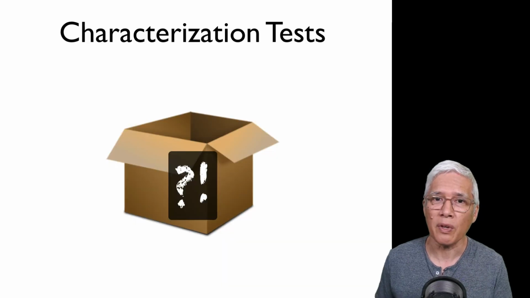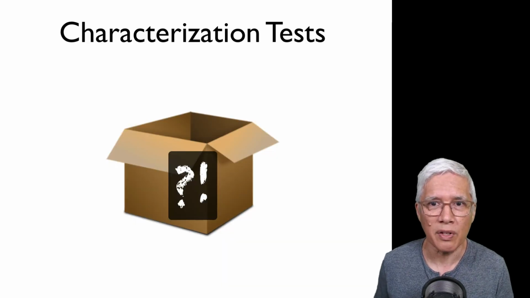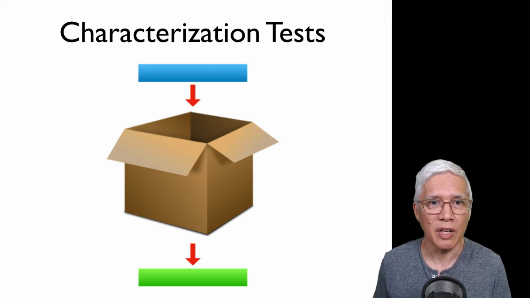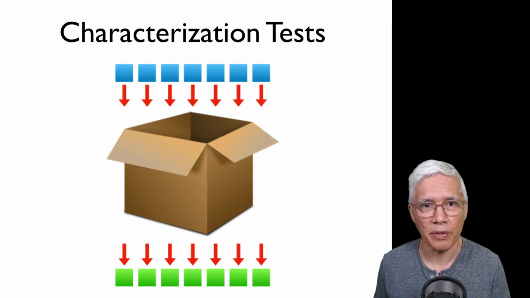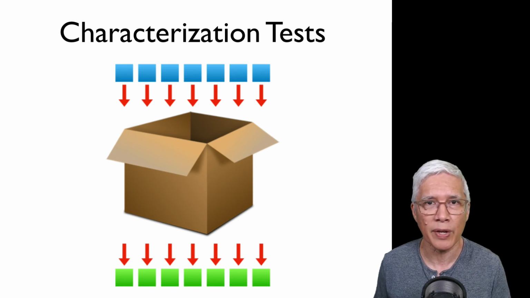So to review, you have a section of code that we're not sure about and don't feel comfortable changing. You start by throwing in a single input to get a single output. Then, by using combination approvals, you can throw in lots of inputs to produce lots of outputs by simply defining variations for each parameter. This will make it safer to change that code, redesigning it to be easier to work with.